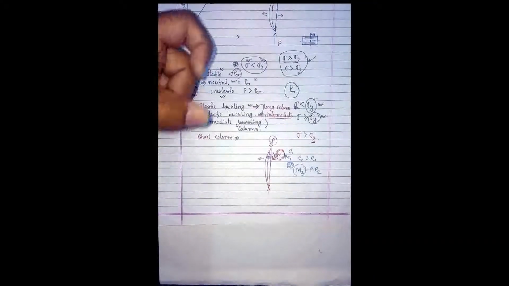That is why the study of the compression member is much more dangerous and much more critical than the tension member. If there is some eccentricity, or maybe some non-homogeneity in the material, those defects will lead to progressive failure of the compression member. I hope you have understood these concepts.